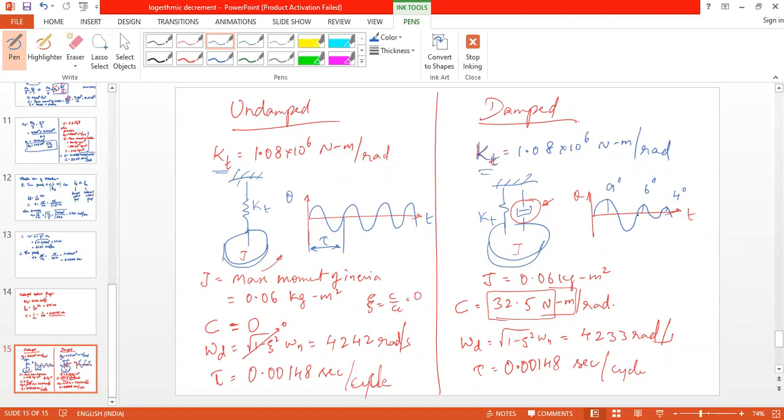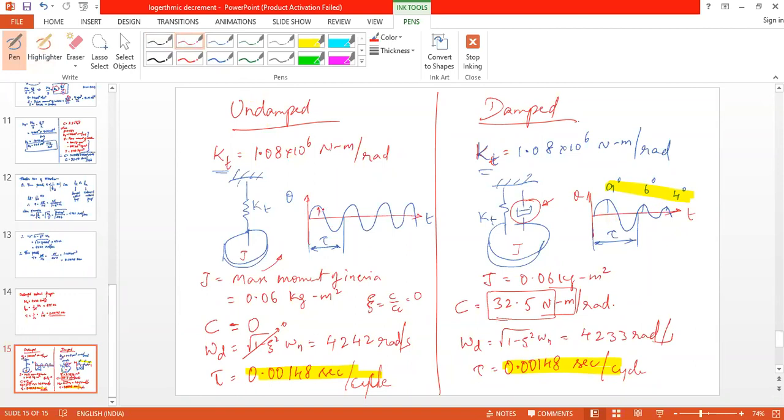In the same way here, this is tau. So the damper may not affect the time period. Is it clear? The damper may not affect the time period, but definitely it will affect the